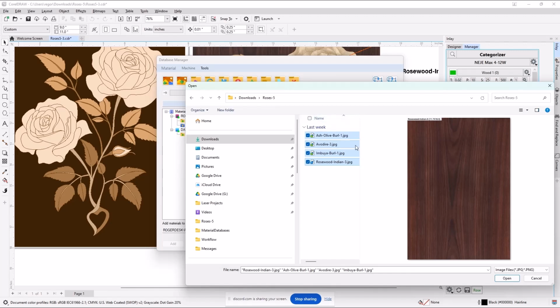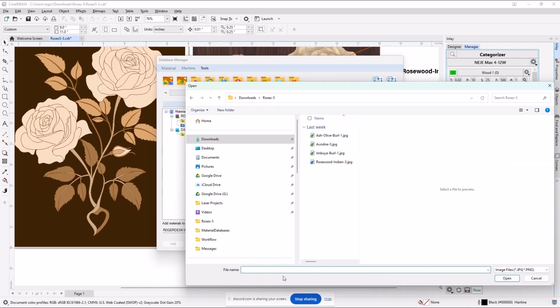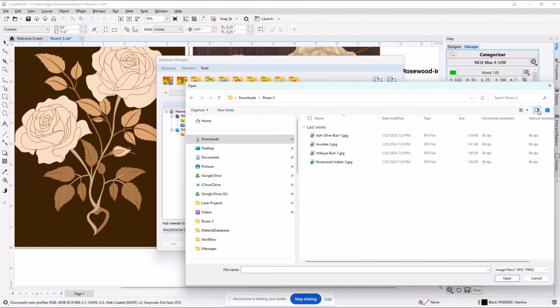Okay, let's see if we can do that. Hang on a second. We're still in the open video. I'm going to get rid of this. So nothing's selected. In the detail view, I believe right here, if I do a right click, I can specify the menu of items that I want. They're already selected here. So the trick is they're probably not visible at this point because of the preview pane.